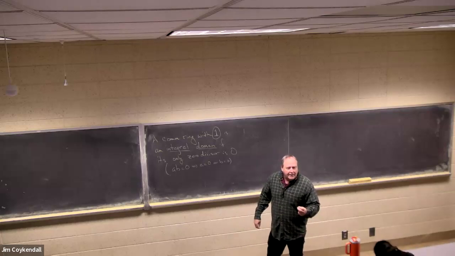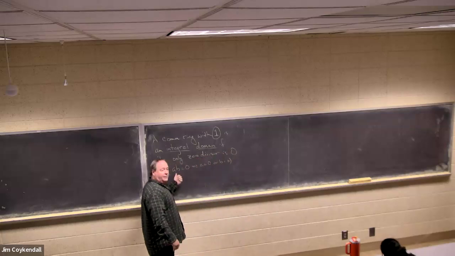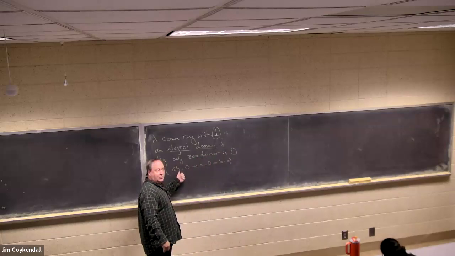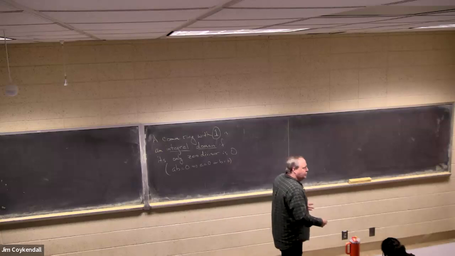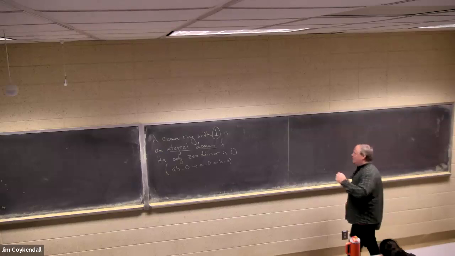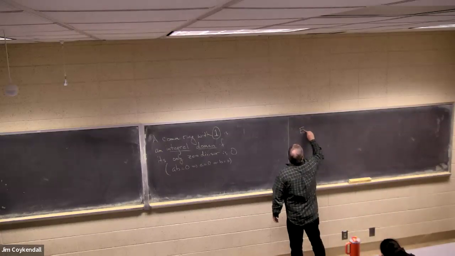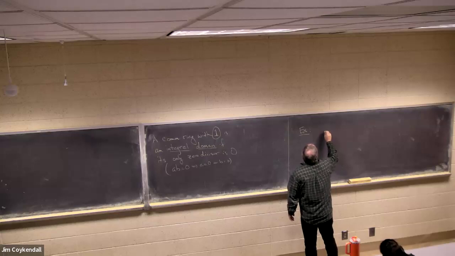And so this is the important thing about an integral domain: if you have A times B, where A and B are elements of the domain, and the product is zero, that means one of them is zero. This is something that you've used in math classes forever and ever. So for example, suppose we have